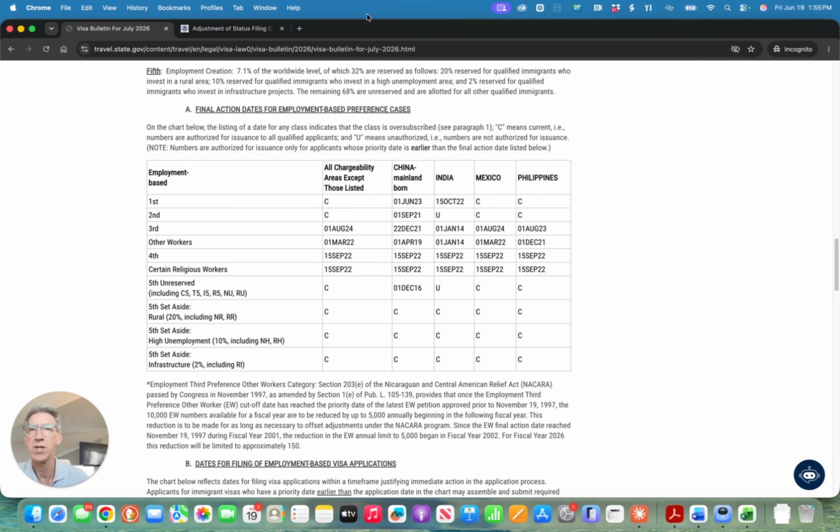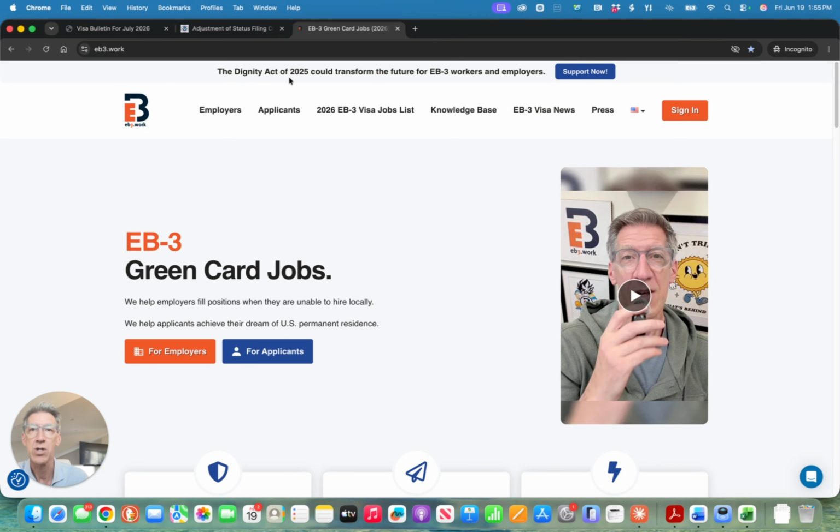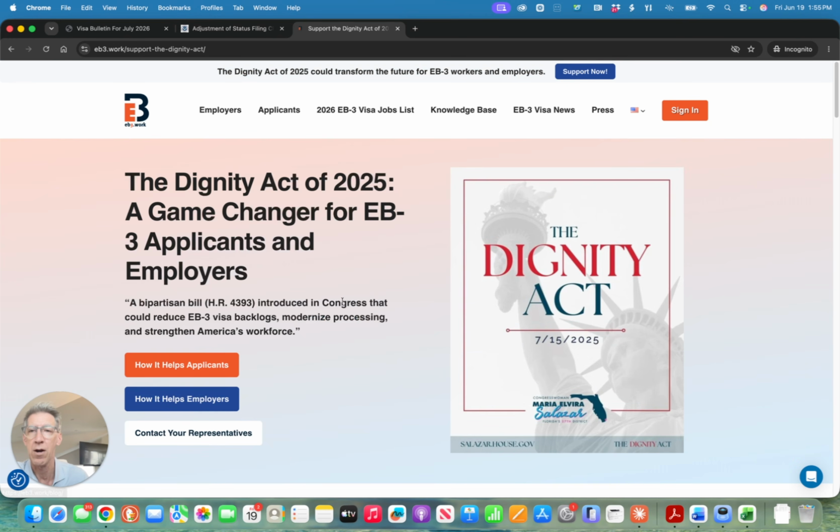And as we always do, I want to add a quick message about how you can control and help speed up the overall EB3 processing time. There's an act that has been introduced to Congress called the Dignity Act, and we have it on the top of our website. If you click Support Now, the main way that the Dignity Act helps EB3 visa applicants is that there is a